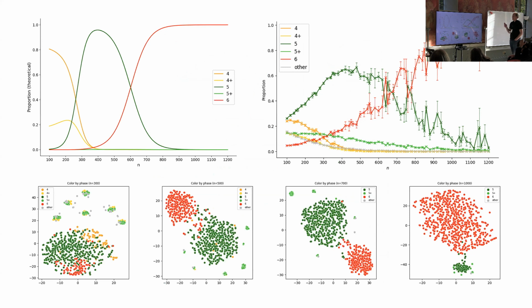I don't want to spoil Edmund's talk, but look at the correspondence between these two plots. This is a theory plot of the free energy formula, and this is an MCMC plot. For low n and high n, they disagree in various ways, but there's a region of n where we can independently check that the sampling is good, and in that region, the theory and experiment both agree that there's a phase transition between a particular configuration, which we refer to as the 5-gon, and